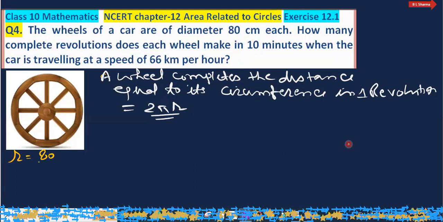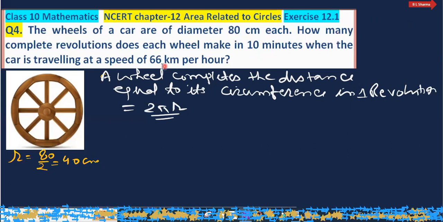Radius is 80 by 2, that is 40 centimeter, because the diameter of the wheel is given equal to 80 सेंटीमीटर। तो पहले हमने इसका रेडियस फाइंड आउट की, रेडियस इज 40 सेंटीमीटर। इसको यूनिटरी मेथड से करने की कोशिश करते हैं।